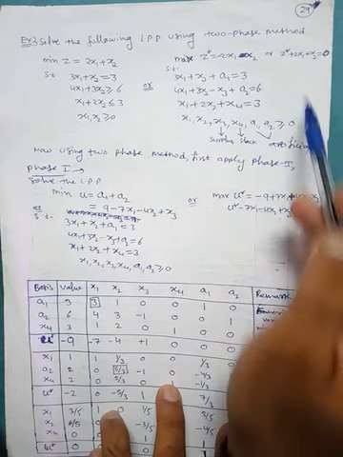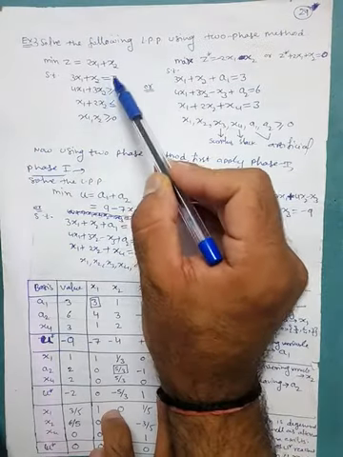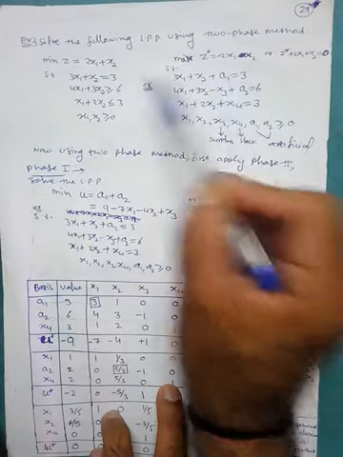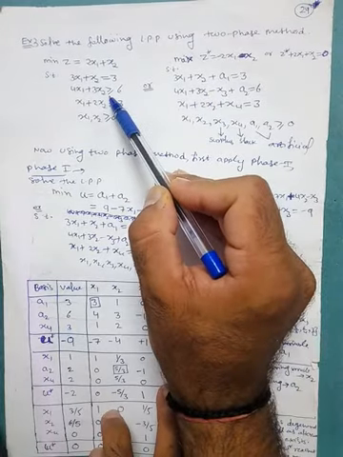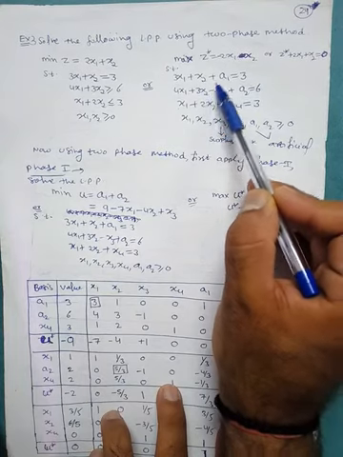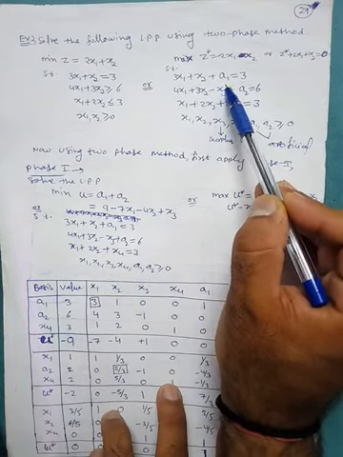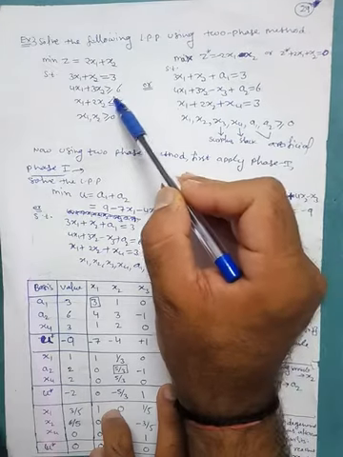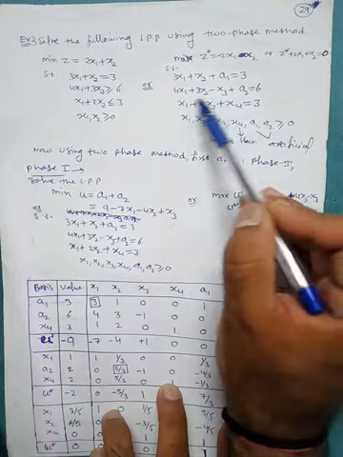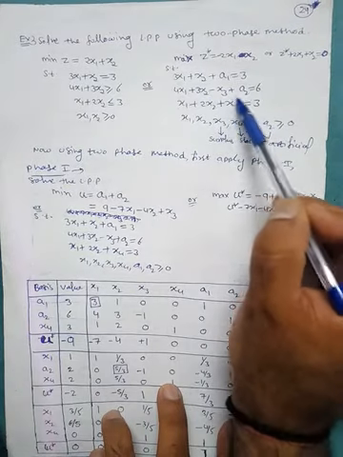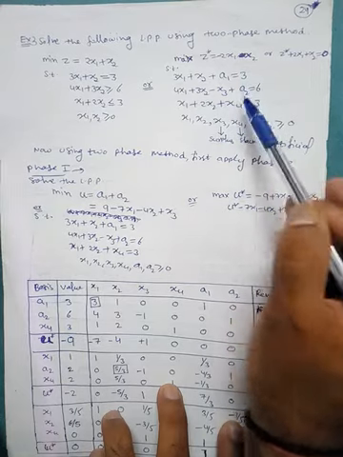Okay, so what is the conclusion from this? Conclusion is that generally whenever we are having equality type, then immediately add an artificial variable. If we are having greater than type constraint, then immediately you have to subtract some amount which is known as surplus variable and then add artificial variable. And if you are having less than type, then there is no need to add any artificial variable, just add usual slack variable. So this is the conclusion.